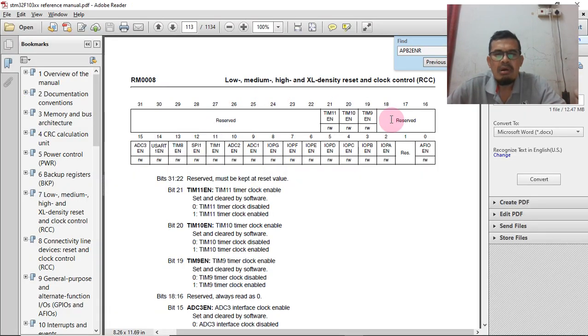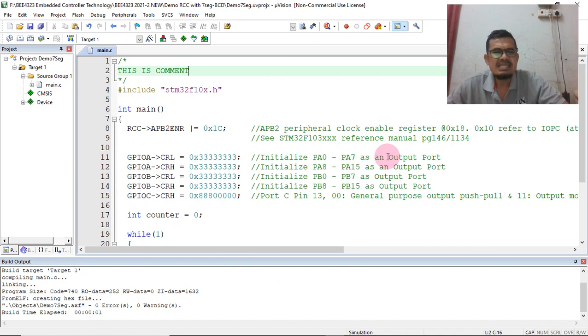Next, after we turn on the clock, we need to declare, because each IO port, port A and B, is a general port. It can be an input port or output port. So we need to declare whether port A is an input port or output port. But since in this video we only aim to discuss the clock, we just stop at this line of instruction.